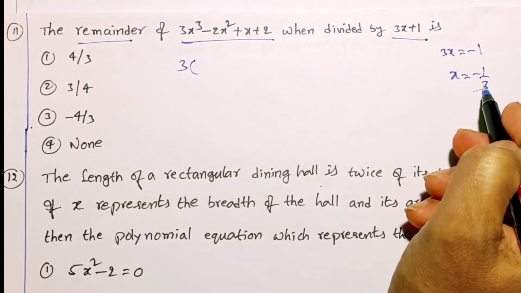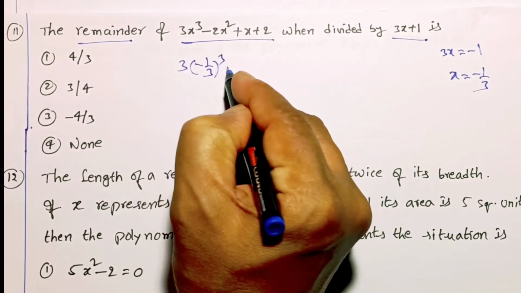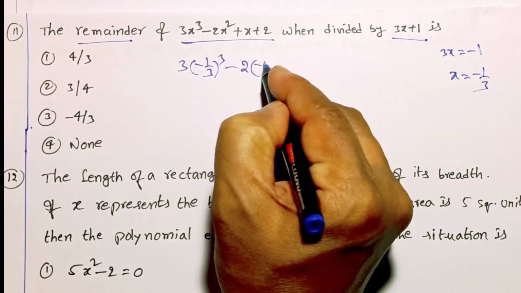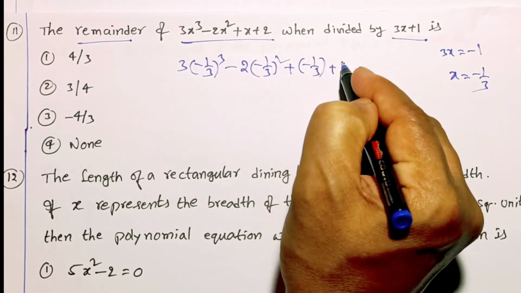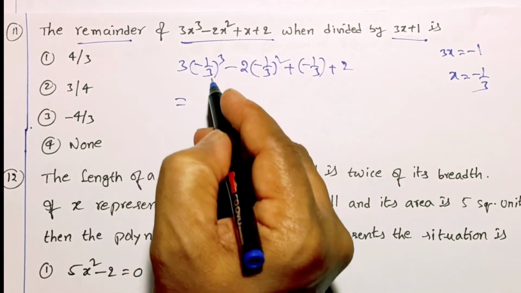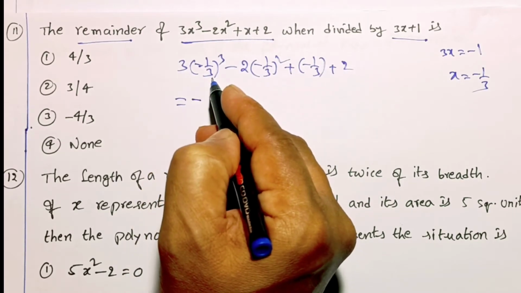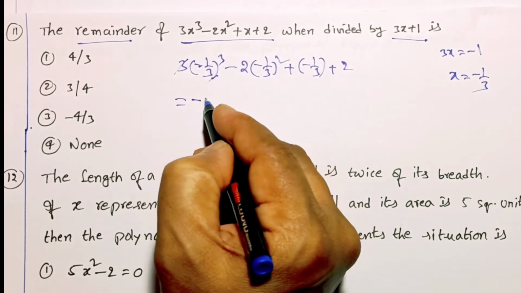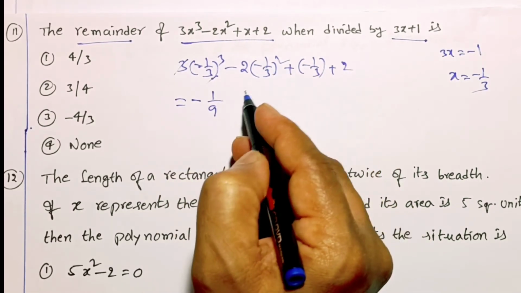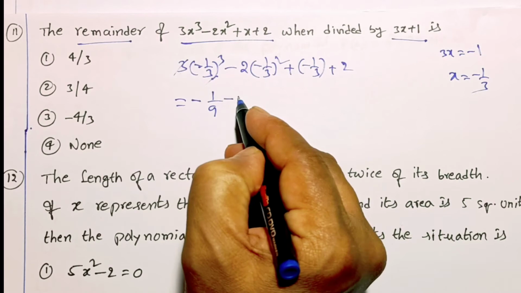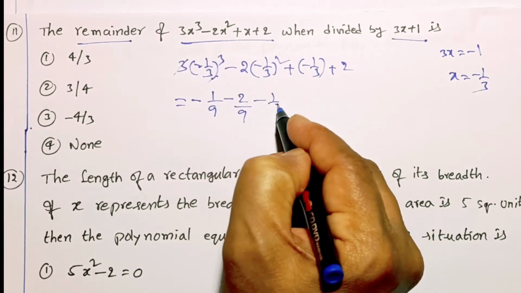3 into, I have to substitute x equal to minus 1 by 3 here, minus 1 by 3 whole cube, minus 2 into minus 1 by 3 whole square, plus minus 1 by 3, plus 2. We are substituting. So here minus cube means minus, 3 cube 27, 3 goes 9 times, so 1 by 9. Minus 1 by 3 whole square, minus square means plus. So therefore minus 2 into 1 by 9, plus into minus, minus 1 by 3, plus